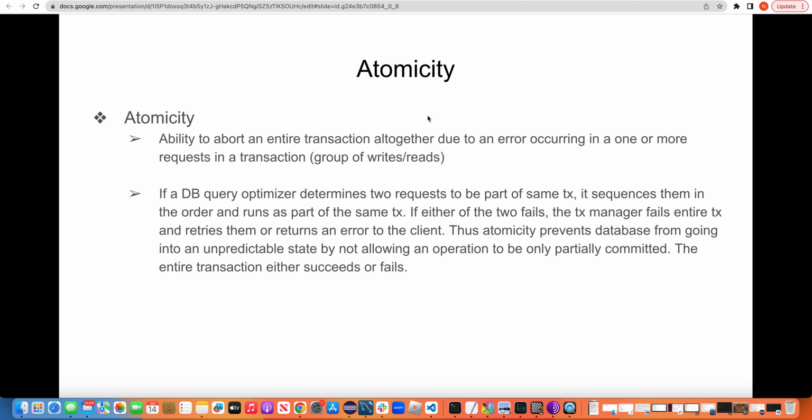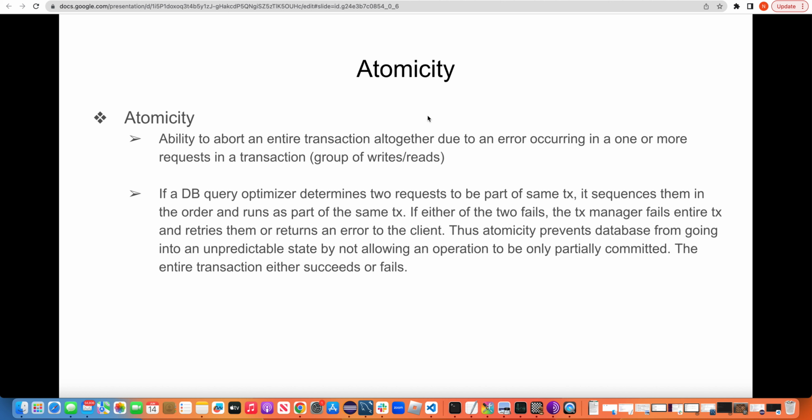What is atomicity? It's an ability to abort an entire transaction altogether due to an error occurring in one or more requests in a transaction. What is a transaction? A transaction is a group of write or read requests. Now, whenever a group of requests arrives at a database from various clients,